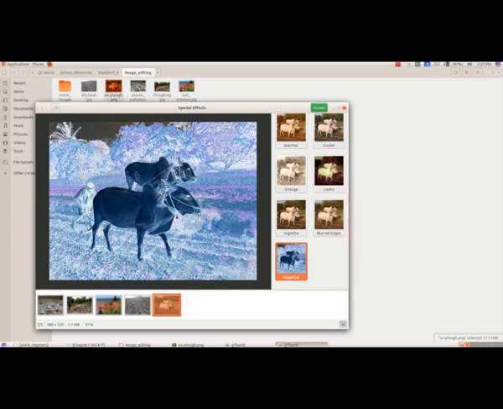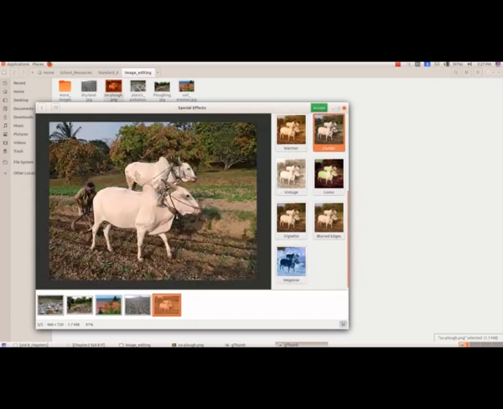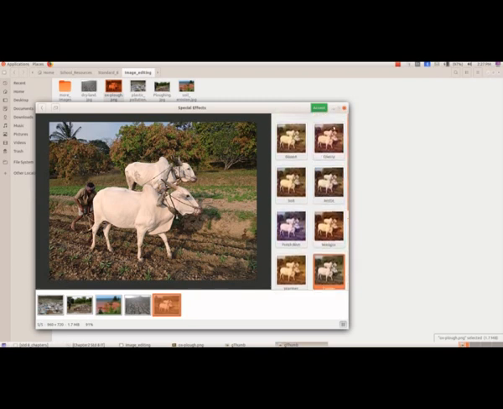So that is, and this is the special effects. This effect is known as negative. This is another effect which is known as cooler, and this one is fresh blue. So we have so many options under special effects.